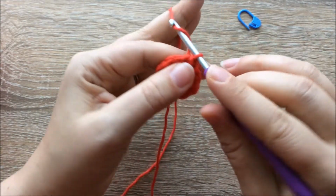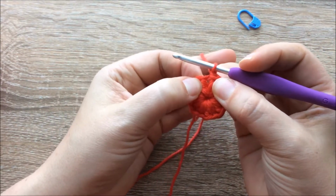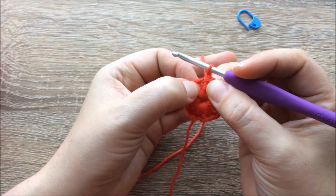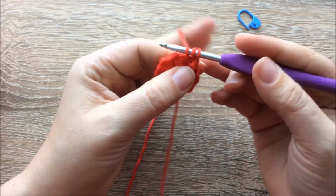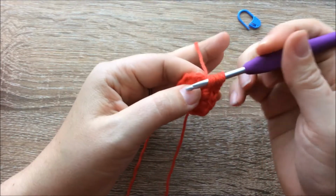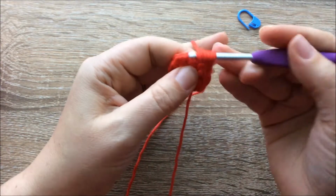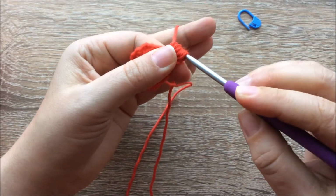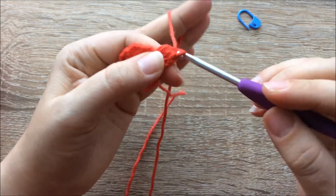Once you've done this, chain one to lift up, and this is our repeating pattern. We're going to do 2 puff stitches into this same space, this gap here in between the 2 puff stitches from the previous round. Yarn over, go through your work, yarn over, bring it back, 1, 2, 3, 4, that'll be 9 loops on the hook. Yarn over, bring that through all 9 loops, a bit of a twist in action, chain to close, and we